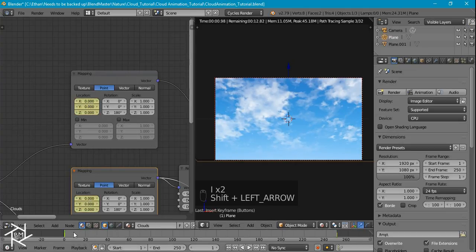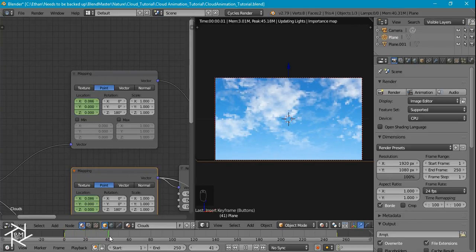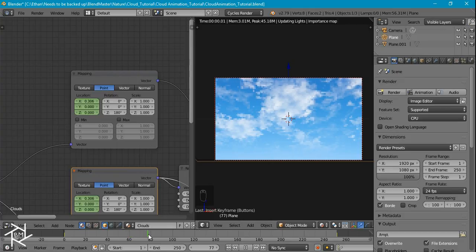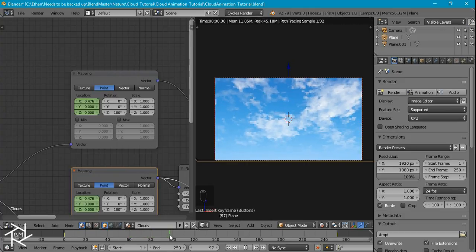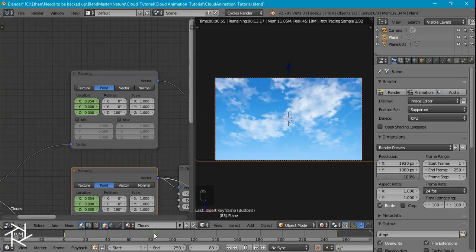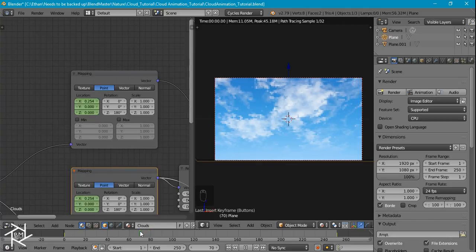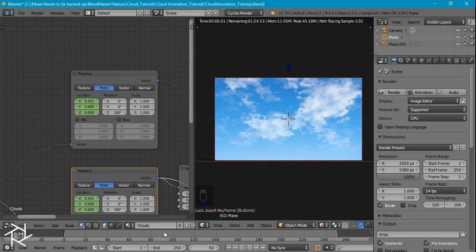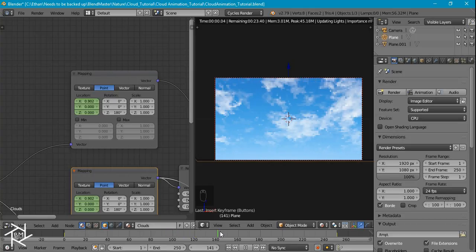And now if we scroll through our timeline here to take a look at our animation, you can see the effect we're getting. So now the actual coloring of our cloud and the shape are moving together perfectly along the horizontal axis,